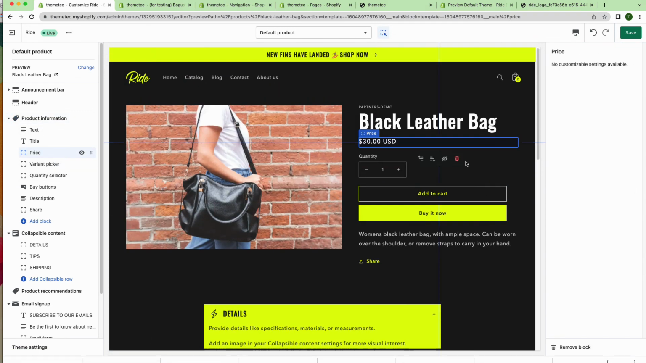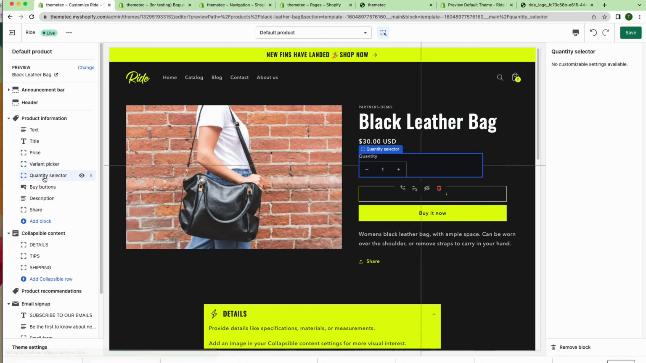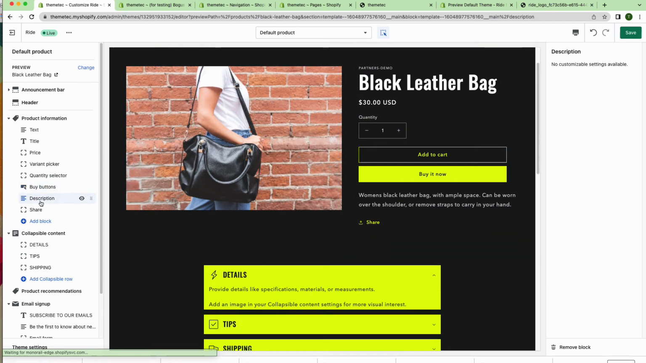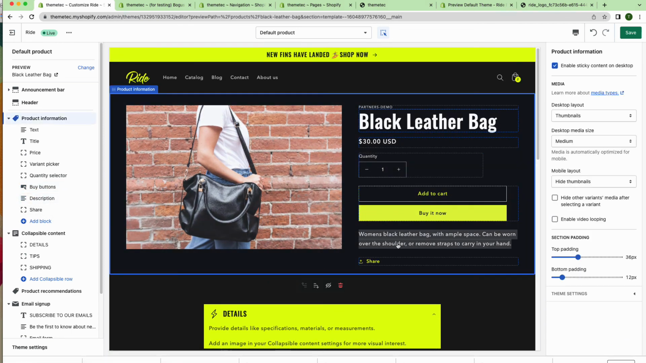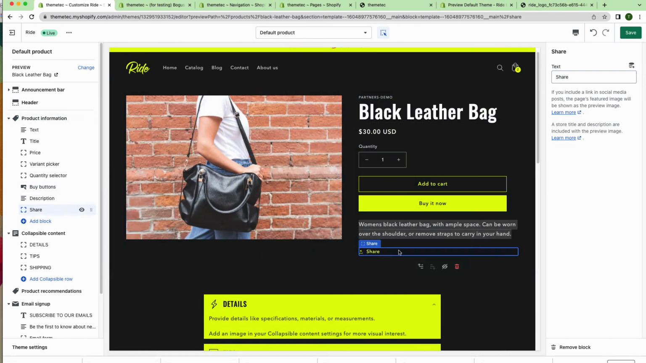Then we have the price, so as you can see the price is here. Then we have the variant picker. For this particular product we don't have any variant, but whenever we have a variant, it will show here. Then the quantity selector. Then we have the product add to cart button and buy now button. Then we have the product description. So this is the description. Okay, and we have some social media share, so we don't need it, so click on remove